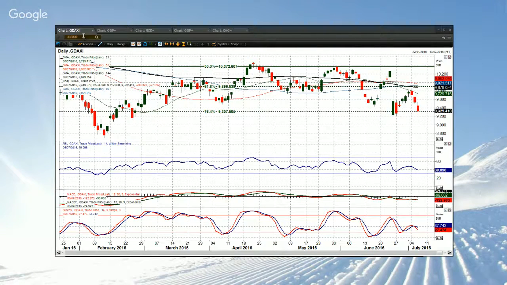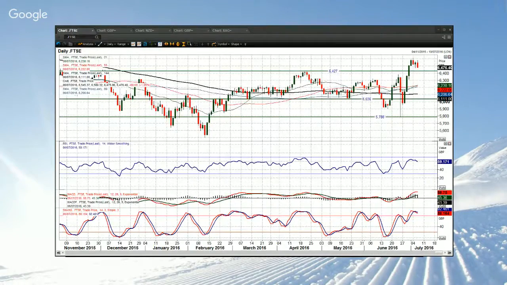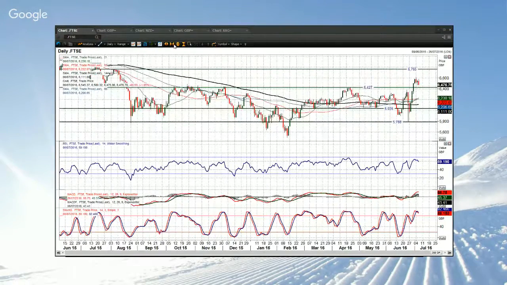And finally, FTSE technicals. The breakout above 6427 has seen a strong move to the upside, yet to actually pull back to that level. So maybe that's what we're seeing now. But technicals on the FTSE are so much stronger, aren't they, than the DAX? It's incredible. The move that we saw in the FTSE just left the DAX and the CAC utterly in its wake, and really strong downside moves on the DAX and the CAC, but not reflected in the FTSE.